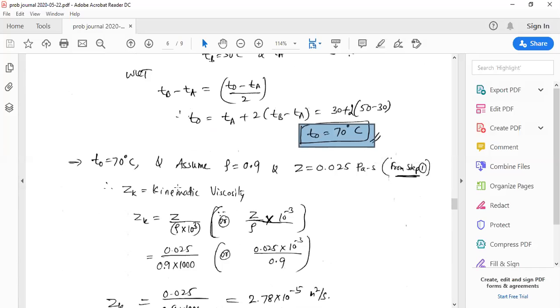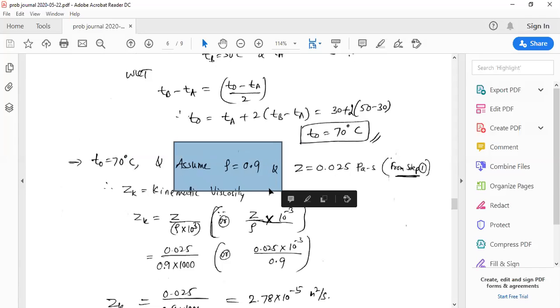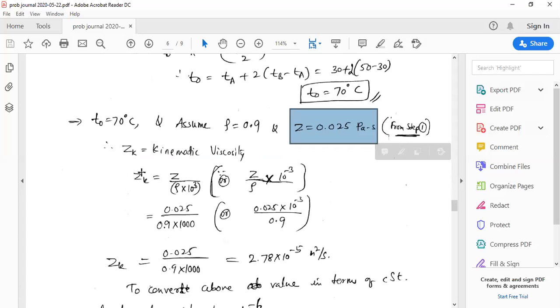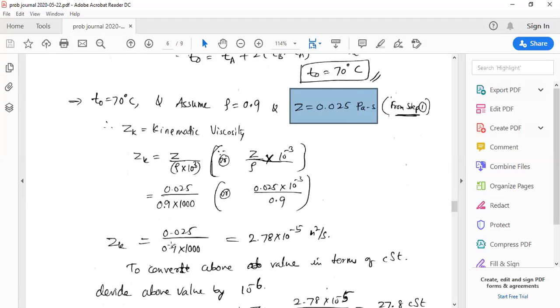centigrade. So with respect to 70 degrees centigrade, we have to assume a specific gravity of 0.9. So this is assumed here based upon the values given in table number 15.1. So in 15.1, if you take the average of all the values, that will be around 0.88, 0.89 like that. So here we have assumed a standard value of 0.9, which is the specific gravity of the assumed oil. And anyway, the value of absolute viscosity that is known, 0.025 pascal second, that is noted in the very first step. So here we have to note down the value of kinematic viscosity, since in our data handbook referring